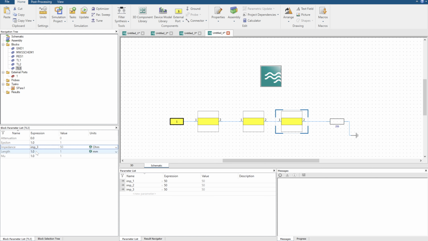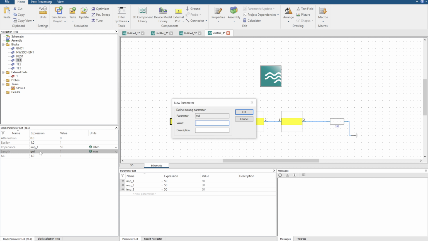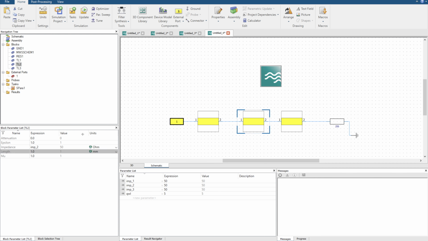I'm going to set the length of each individual one to be the same quarter wavelength because this is ideal transmission line. If I want to make, for example, a wideband quarter wavelength impedance matching circuit, each element, and you'll see this with filters, with coupled line filters, and most filters, you're going to find that the quarter wavelength is constant between every single piece of the network. Now the quarter wavelength may change once you get into microstrip because it's also width dependent. Okay, so quarter wavelength, and I'm going to set it to be maybe 5 to start off with, and I'm going to set the length QWL for all of them,